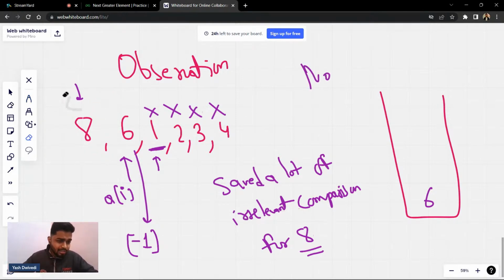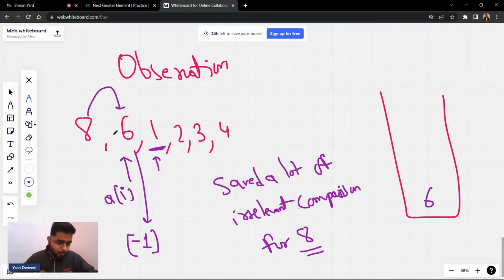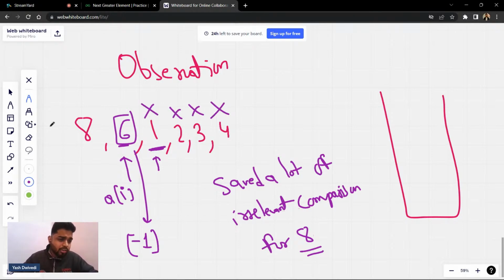Let us say that after that, I check 8 with 6. The current top element of the stack is 6, so I'll say, okay, let us remove it from the stack. Now, if 6 was there and 1 was not greater than 6, 2 was not greater than 6, 3 was not greater than 6, 4 was not greater than 6, and 6 is not greater than 8,